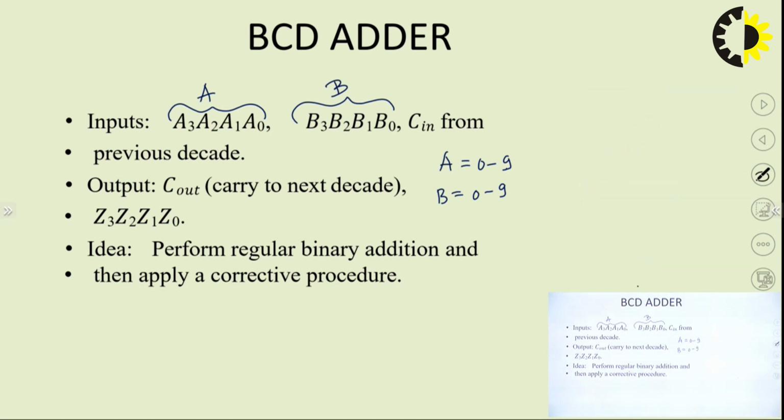After addition, let's say the output is Z. If the output is from 0 to 9, okay. If output is from 10 to 15, not okay,